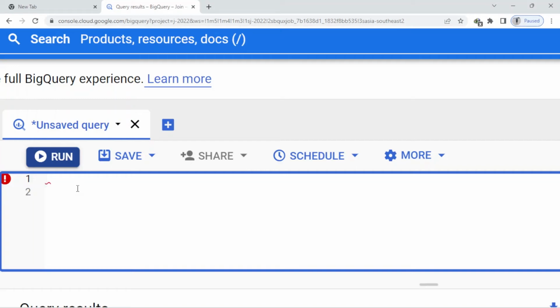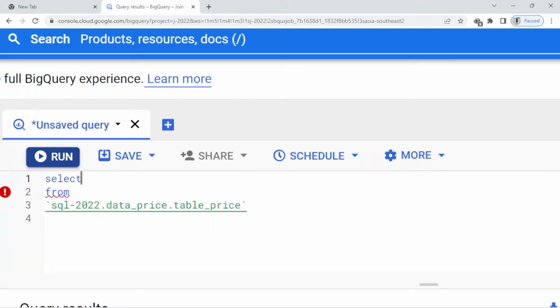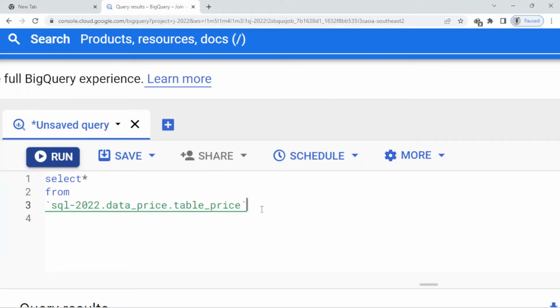Today our topic is about IS NULL and IFNULL. With IS NULL we can find the null values in a specific column. For example, here I just write the structure: SELECT FROM, and I choose the table price table, and here I select all values, putting an asterisk here, and here